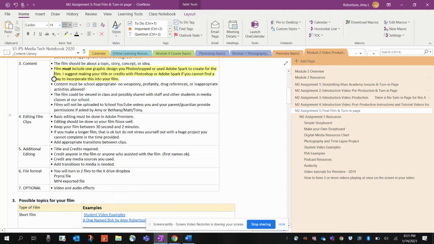Additional editing. You need titles and you need credits. That's part of making a film. To meet standard for this, you have to be able to put titles and credits in. If you want to do them in Photoshop or if you want to do them in Premiere, it's your choice. Anyone that's in the film needs to be credited. First names are fine. Any media sources need credits,